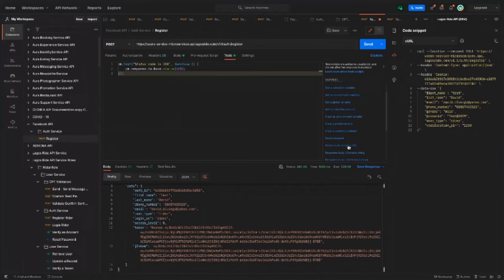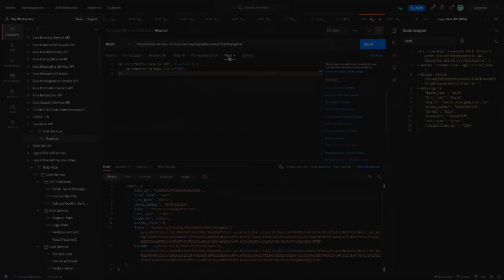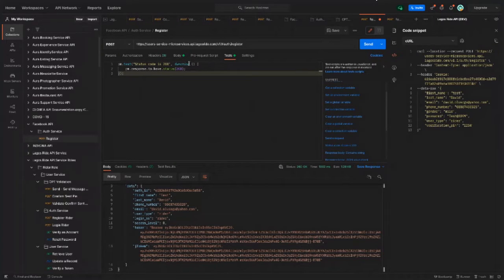I click on test and come to snippet here, and you can choose whatever variable you need to validate. I have said pm.test status code is equal to 200. So I have told Postman that whenever I send this request, the status code should be 200.